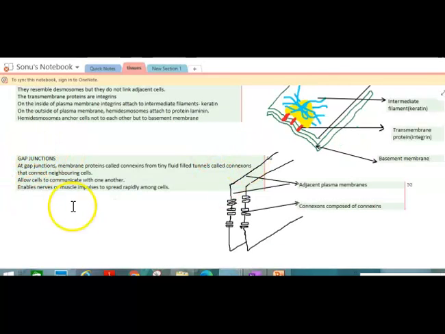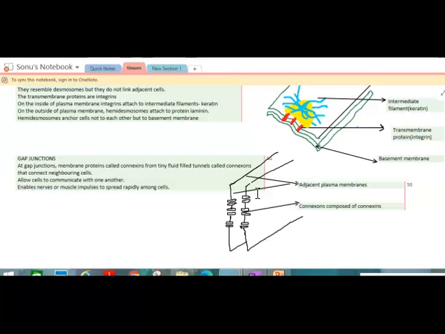And the fifth type of junction is the gap junction. As the name suggests, even cells need communication among each other, such as nerve cells and muscle cells. These cells have to communicate with each other very fast because the action potentials developed in the muscle cells or the nerve cells have to be conducted very fast and reach the higher centers like the brain and spinal cord, and the brain and spinal cord have to give back the orders to the muscles, glands and effectors. So this communication among the cells has to be very rapid.